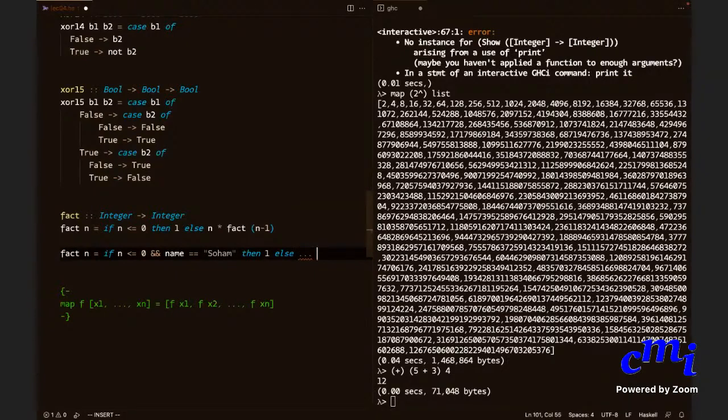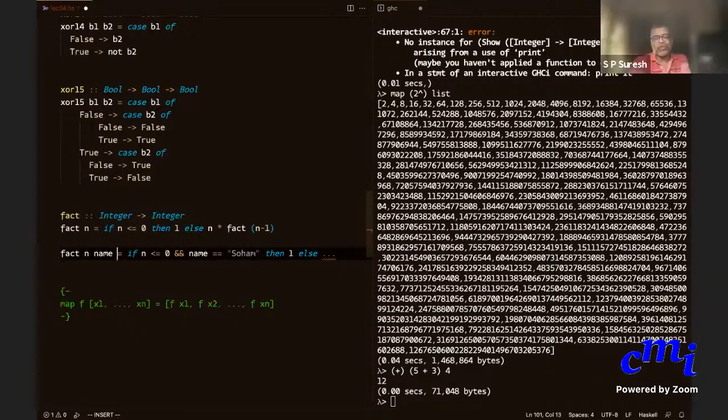Of course, here I'm taking a name also as an argument. You want the then branch to do more than one operation, like then find factorial n and a plus b, like that? Oh, you mean like statements, do one thing and then do another thing. Yeah, you cannot do that. You are supposed to return an expression. You are supposed to return one value. That's all. So give a complex expression to it.